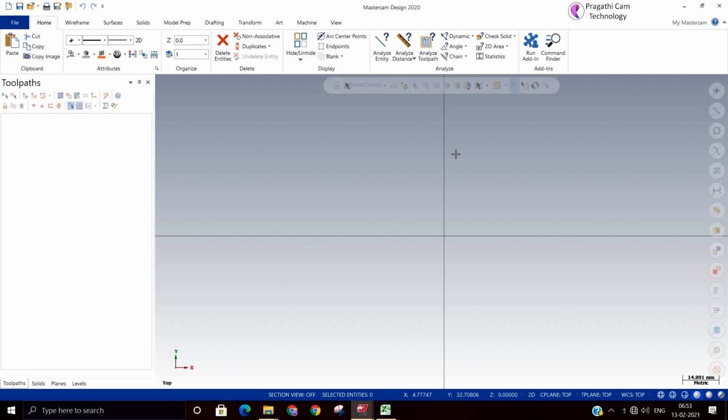Now we are going to see a little about the material library. Whatever the default spindle speed and feed rate is coming, is from the material library.